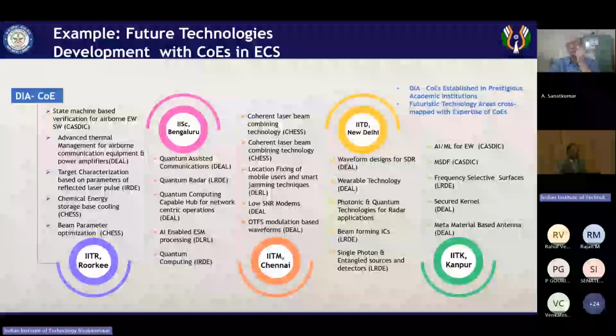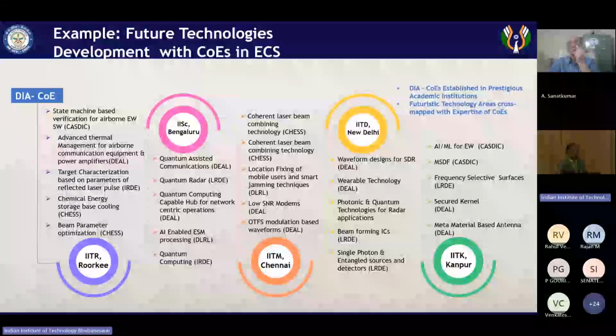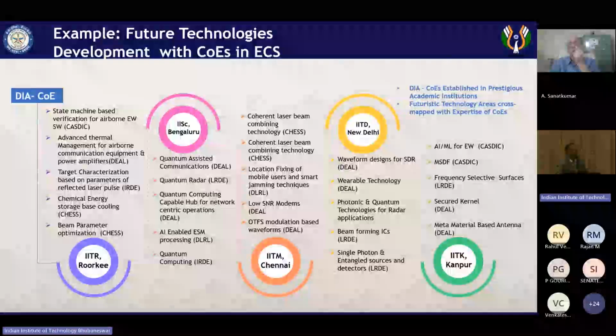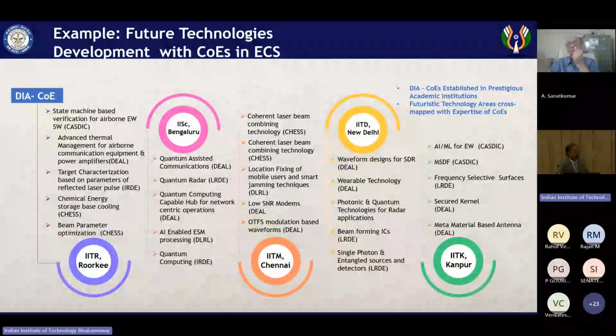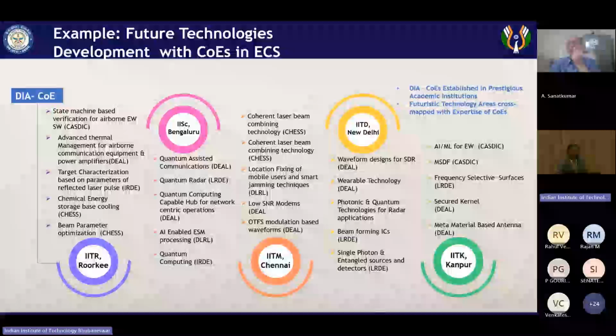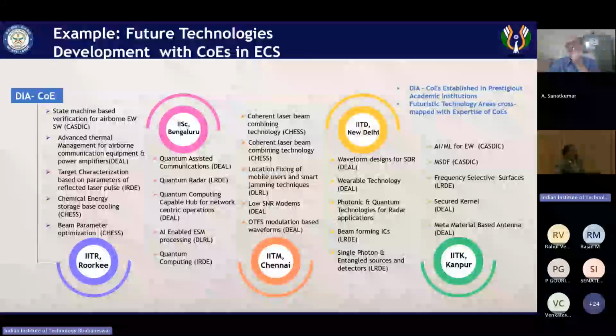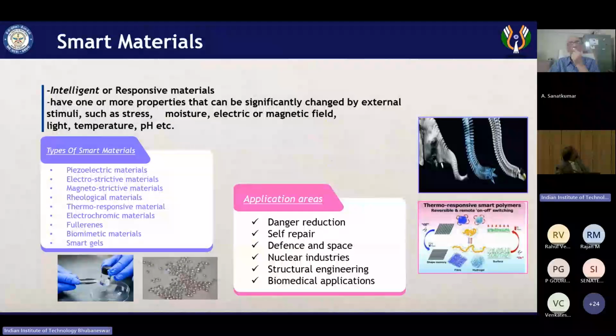So we open centers of excellence across leading institutions to create that culture within, so that the young minds come and work. We throw the problem challenges, and then the students come there and work. We of course do phenomenal funding. Funding is not a problem for DRDO, but what is more important is to attract the young mind to take those challenges and develop such systems which nobody in the world could ever think of.